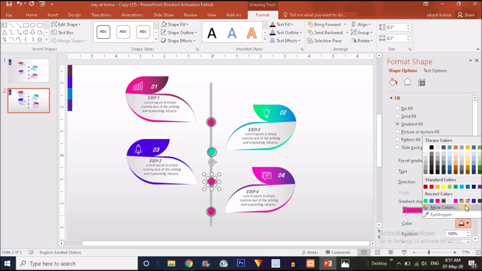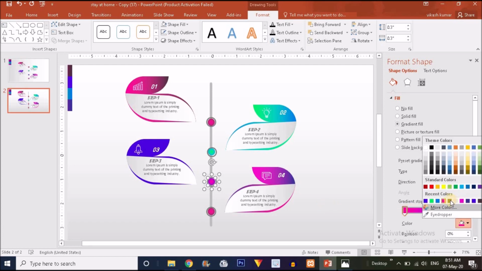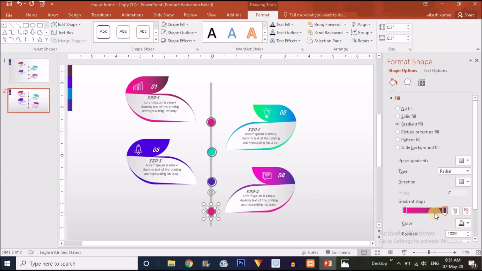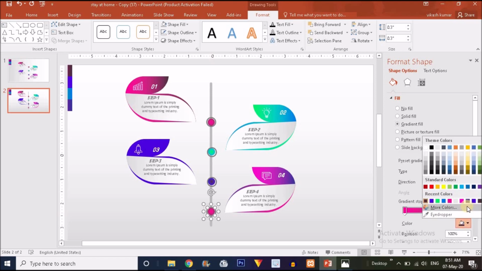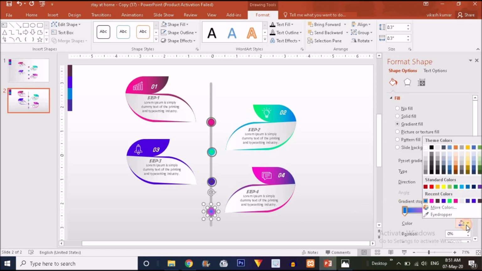So I'm going to select the lighter blue, and for the left handle I'm going to select the darker blue from here. Yeah, so for the final one, I'm going to select the pink from here, and for the left one I'm going to select the blue from here. Not this blue, but